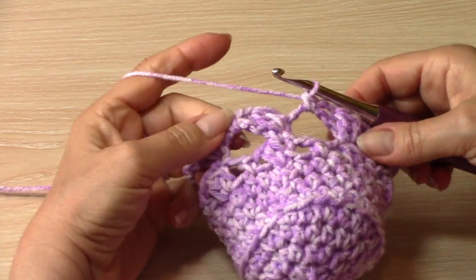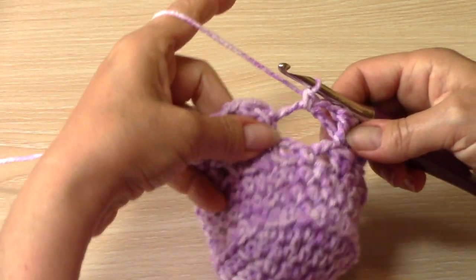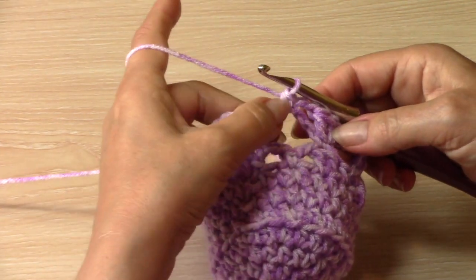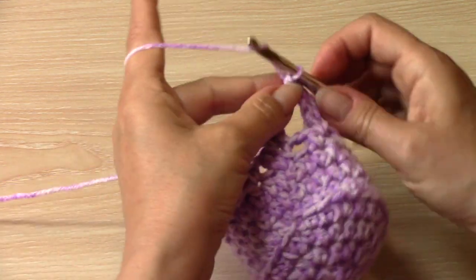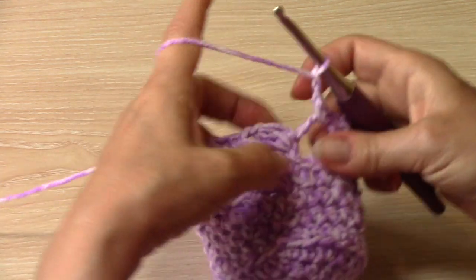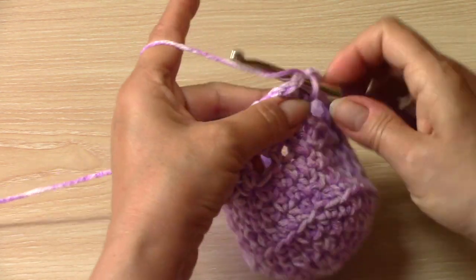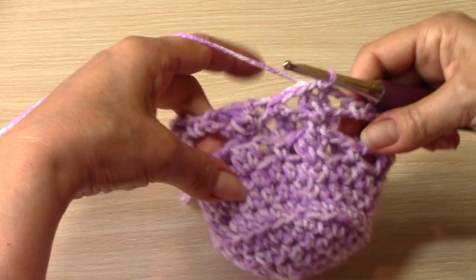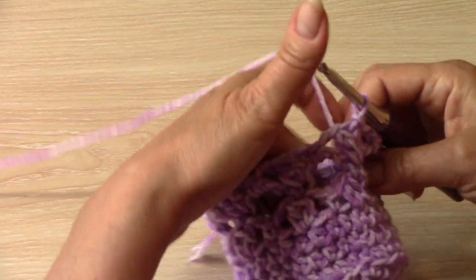At the end of round 2 of our 2-row repeat of the pattern, I have worked my last single crochet around the last chain 5 space, and now you chain 2 and then slip stitch to the top of your beginning cluster. And then you just repeat rows 1 and 2